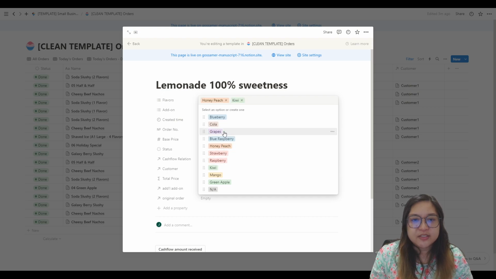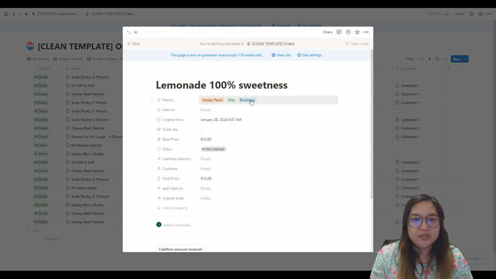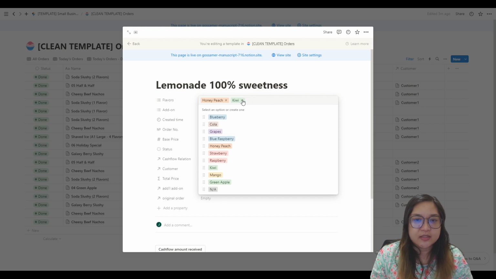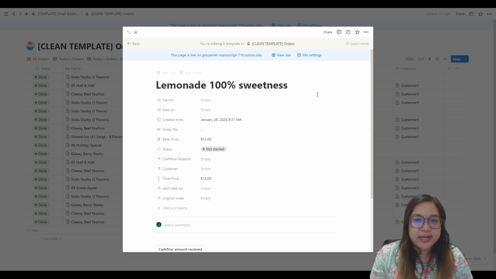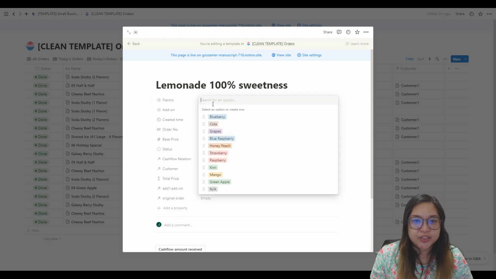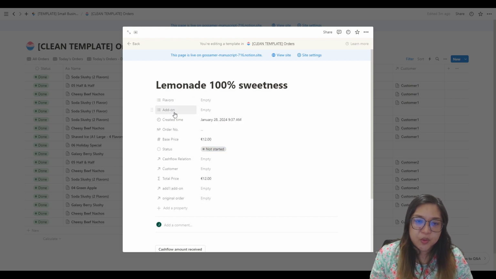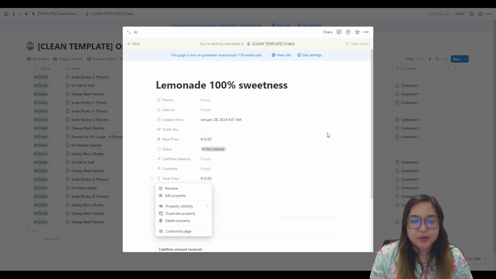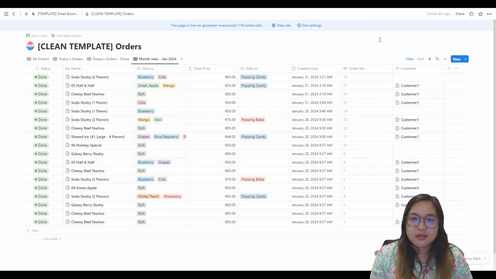Now the flavors, they're similar to the add-ons. They're multi-select, but they don't add to the price, so they just don't have an option to add to the price. So these are just things that you think are good to know for the kitchen, but they don't actually add to the price. Add-ons are things that will add to the base price, and you can definitely adjust the total price here, the property for that. All right,